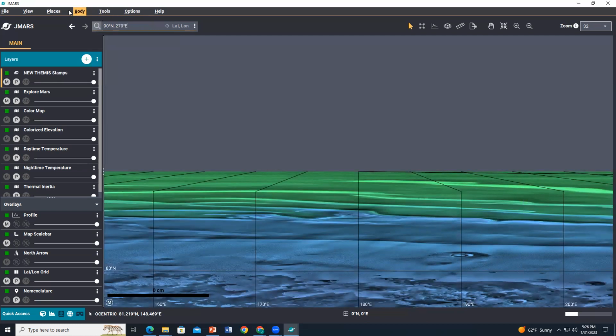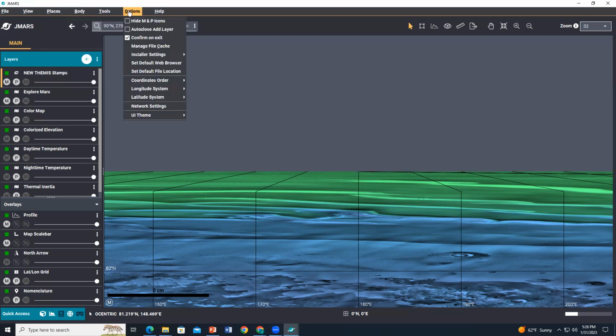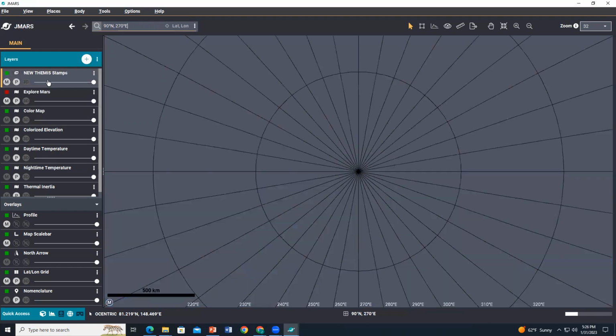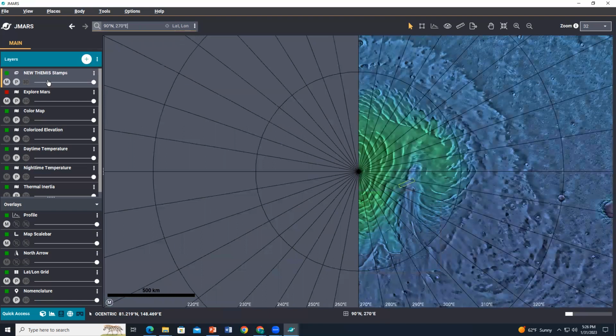And then we are going to go to View at the top and say Recenter Projection. So you can see now this is going to move our view to be centered right above the North Pole